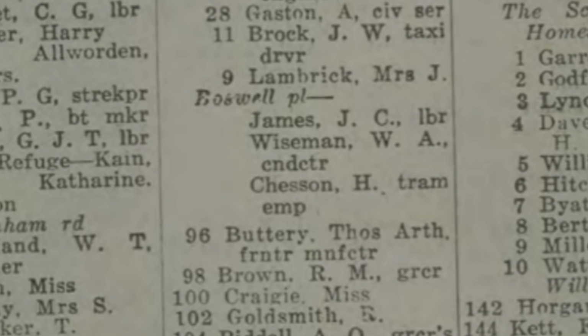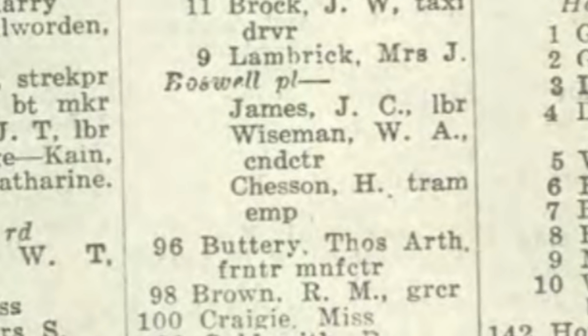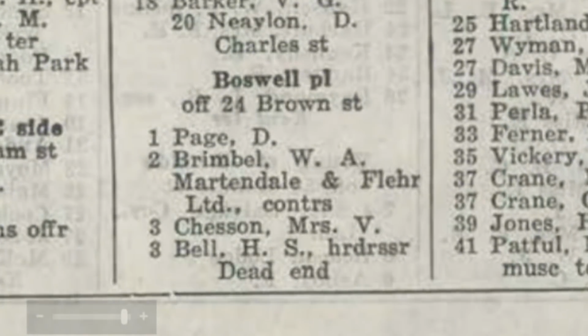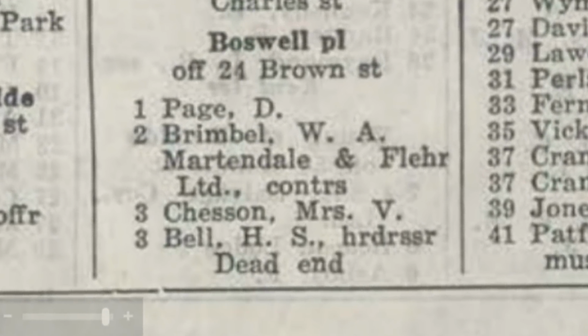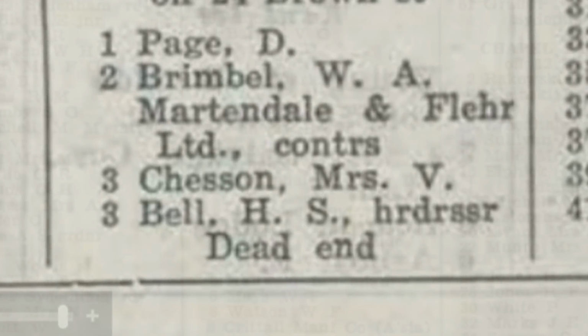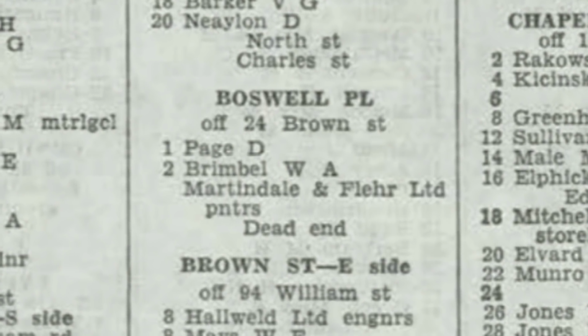So, as mentioned, Mr. H. Chesson moved into 3 Boswell Place in 1930, and he was listed there up until 1950, when it seems he passed away, as from the following year, in 1951, a Mrs. V. Chesson is listed, most likely his widow, who remained at the home for another 2 years after that. In 1954, no names were actually listed at 3 Boswell Place, but the following year, William Horace Chesson took over